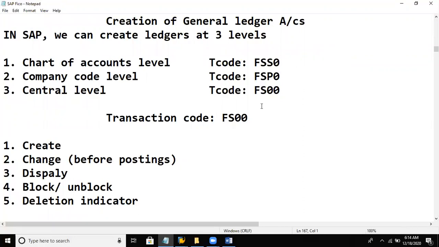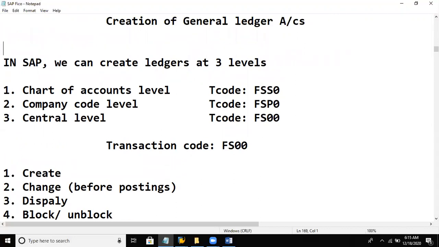Creation of general ledger accounts. Now, what are general ledger accounts? Let us have some examples of general ledger accounts.